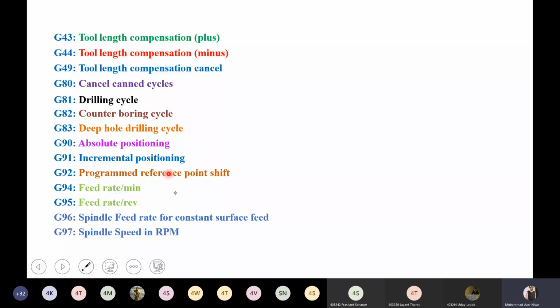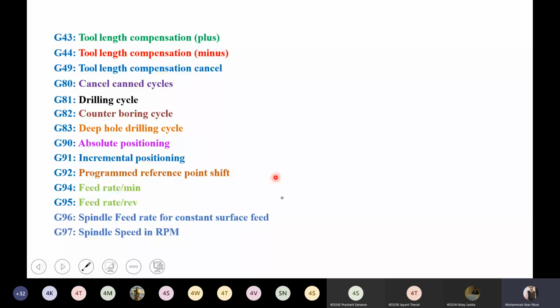Then G94: if you are using 250 or 100 millimeters per minute, this sets the unit, inch per minute or millimeter per minute. So if you use G94, the feed is F equal to 100, meaning it is per minute.